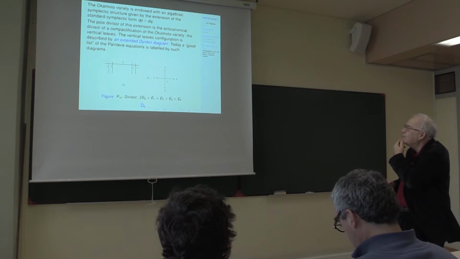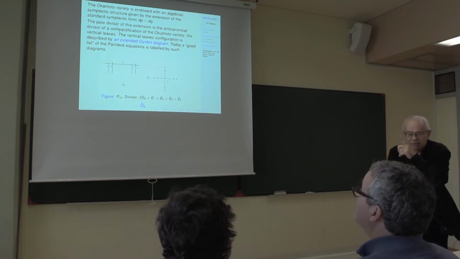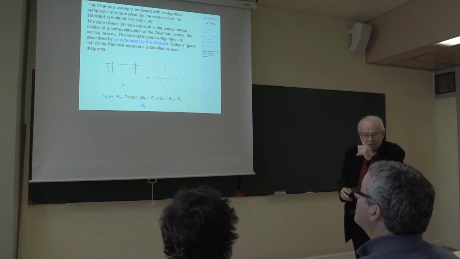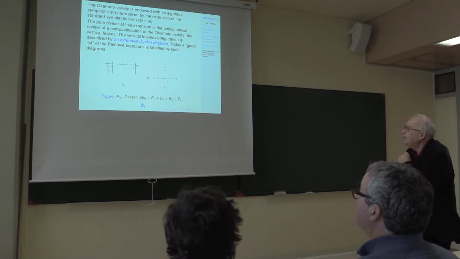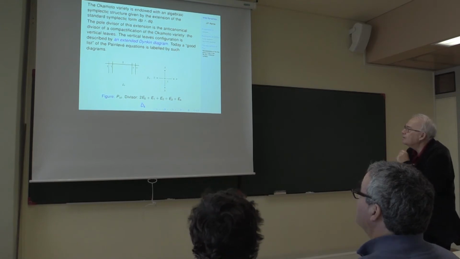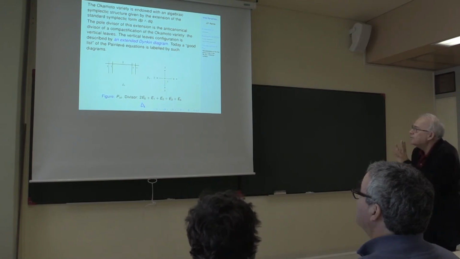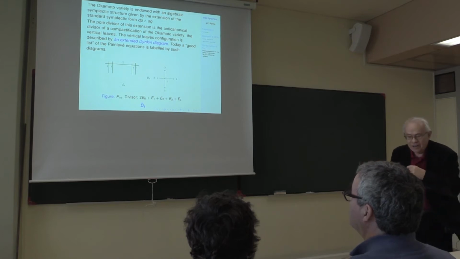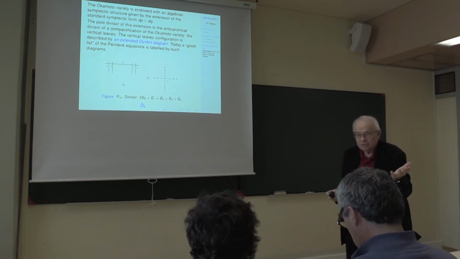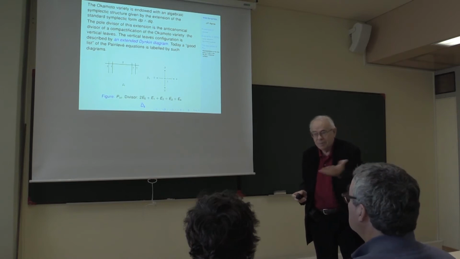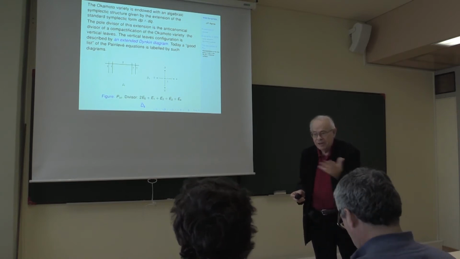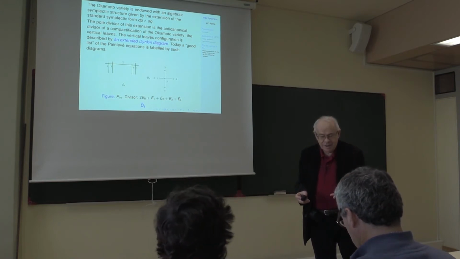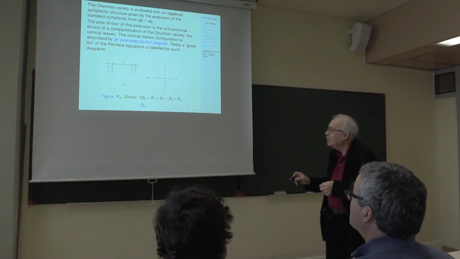dp wedge dq. And now if you look at the compactification of the Okamoto variety, the pole divisor is an anti-canonical divisor. And what is missing, the vertical leaves, is described today by an extended Dynkin diagram. And here you have the picture of the lines and the dual diagram. And today there is a similar picture for all the Painlevé equations. It's why in the literature they are labeled by their Dynkin diagrams.